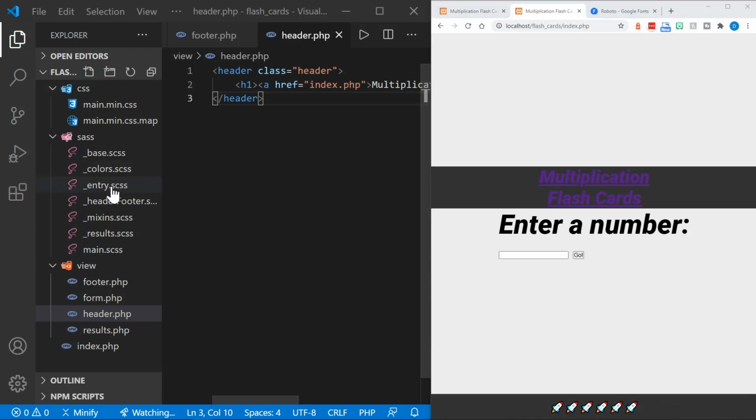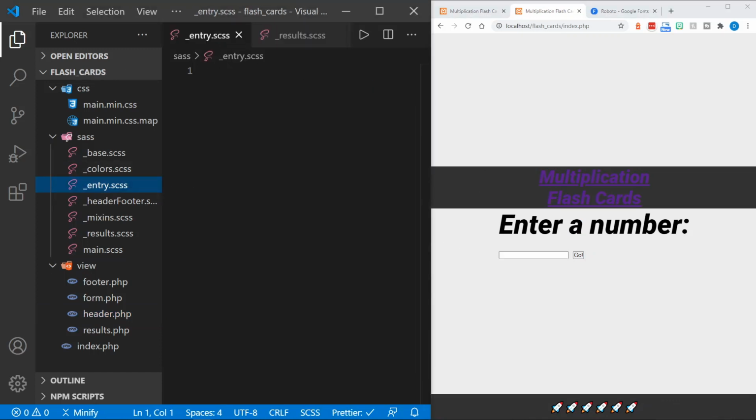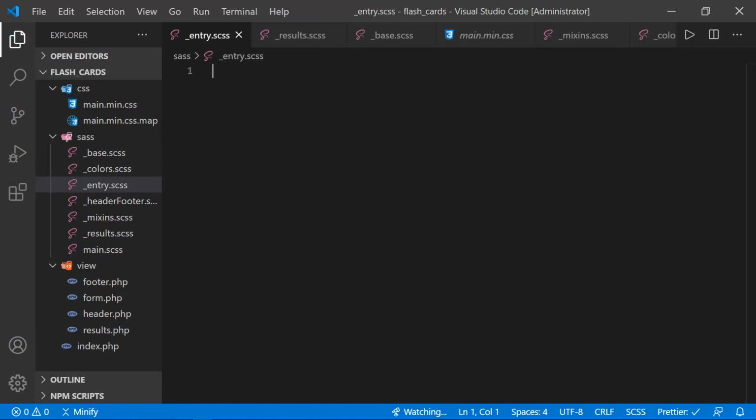Now let's go ahead and put the styles into the entry. This is for the form that we see here. And the first thing you'll notice is that we do not have the header at the top. We haven't set our main area to grow yet as a flexbox, but we will do that and it will push to the top and of course to the bottom of the page and leave the center area for the form. So we will start, I'll go ahead and expand this again to have the room, with the main-entry